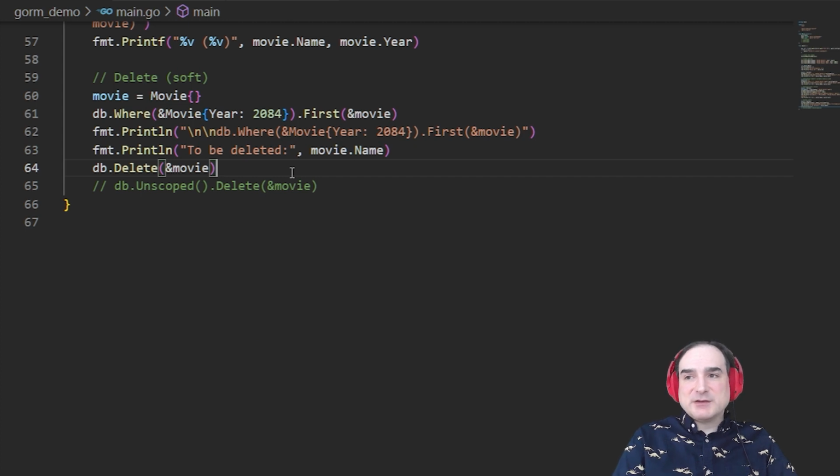This is a reflection of current best practices with databases. You want to mark things for deletion rather than hard delete them. This lets you roll back deletes if they're made by mistake, and it lets you perform hard deletes later on down the line, say after a number of days, when you've confirmed that everything that you have marked for deletion should in fact be removed. Now, if you do want to perform hard deletes, where rows are removed entirely, then you use a different command. You use db.Unscoped().Delete, as I have indicated here.